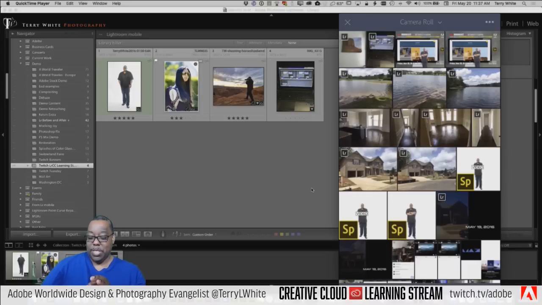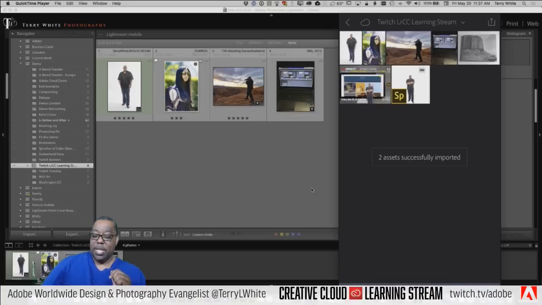But if I tap on the ones that don't have an LR, like that one, and there's a video, a Spark video I did earlier using Spark Post, I can bring that one in. So if I say add those two in, now both of those, and you see the little sync cloud up here, both of those have been added and they're syncing up to Lightroom Mobile and then ultimately back down to